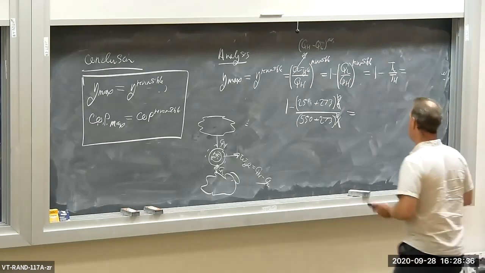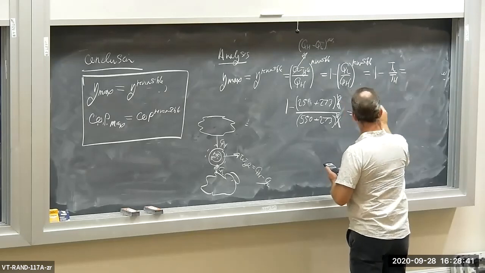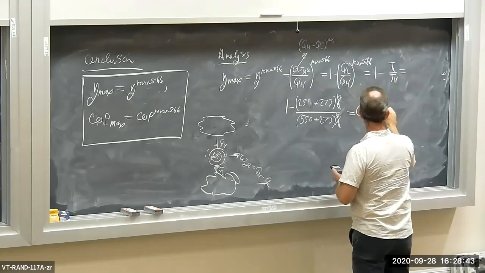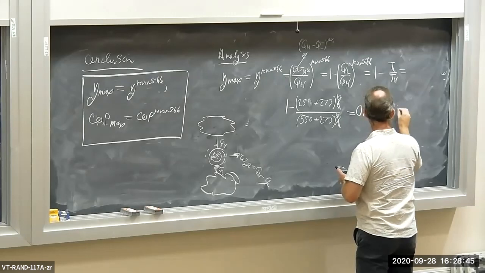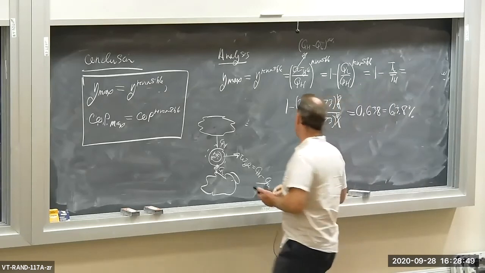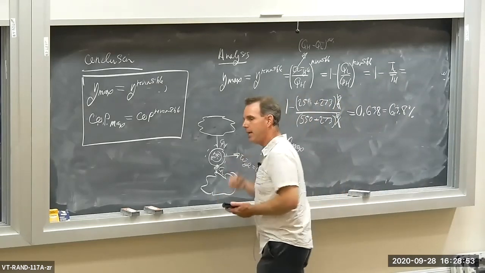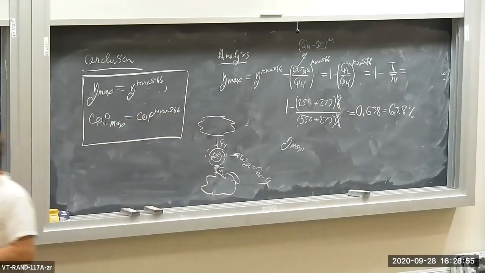And I get 0.638, or if you like, 63.8%. The maximum efficiency of any heat engine operating between those two reservoirs, those temperatures, 25 and 550 degrees C,